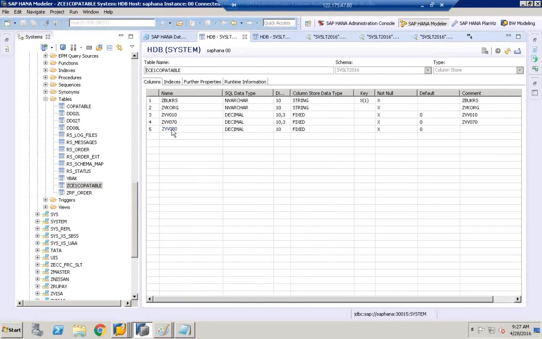But one important point here, I just want to highlight one more point over here. You can change non-key fields. You can change a non-key field when it is not the key of the table. If it is a key of the table,